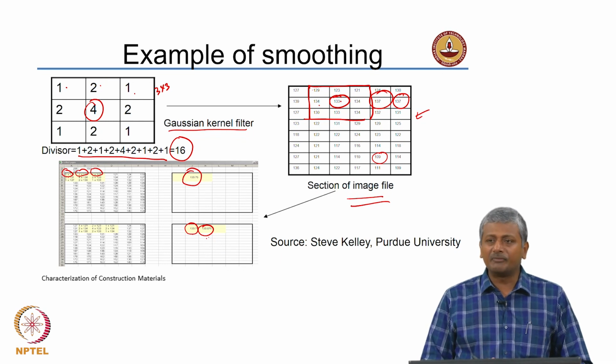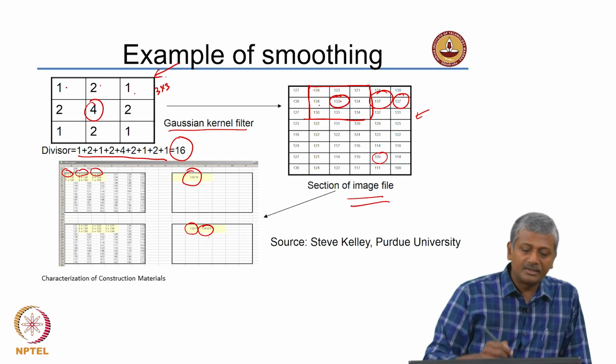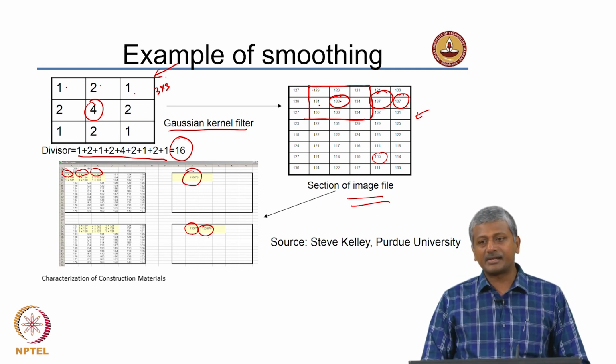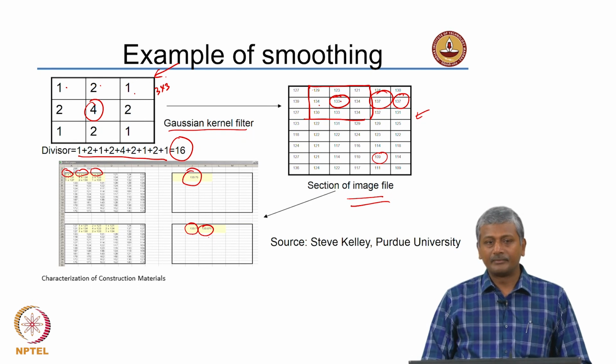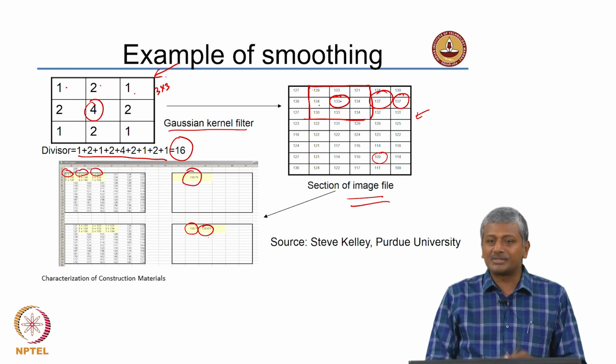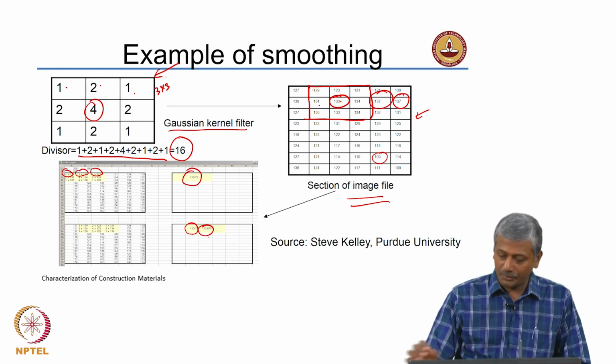Now, what do you think will happen when you have a sharpening filter? What about these values in the case of a sharpening filter? For smoothening we are doing this. In a sharpening filter, what do you think will be the values inside the cells? There may be some negative values inside the cells, right. What you need to do is increase the difference between adjacent pixels. So, there may be some negative values also.